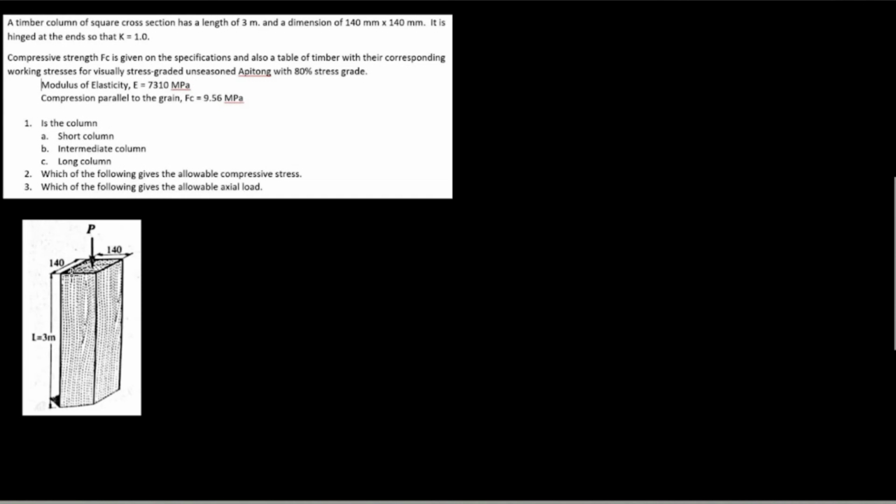So we have a column, and the cross section of the column is 140 mm by 140 mm with a length of 3 meters and a concentrated load P, which is at the center of the cross section. Solution: